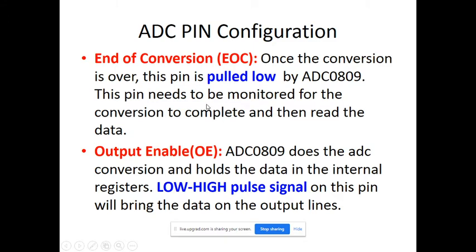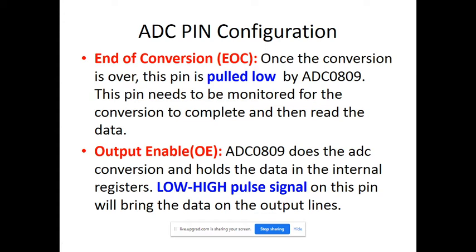And once this is over and our controller is ready to read, the controller will generate output enable. Again it applies a low to high pulse, a rising edge, on this pin, that is output enable. At that time whatever information is in the output buffer latch gets passed to the controller.